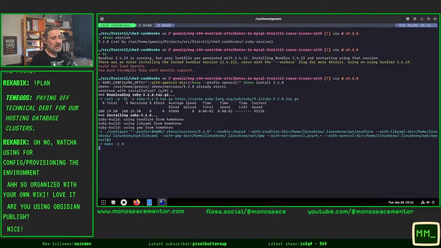Yeah, I'm also a DevOps and SRE instructor. That's what I do as Monospace Mentor. And so, yeah, I'm trying to model good practices, including documentation. And so that's why I'm able to actually retrieve the knowledge how to get Ruby installed with a Homebrew-based development environment. I'm running Bluefin as my Linux distribution here, which is a